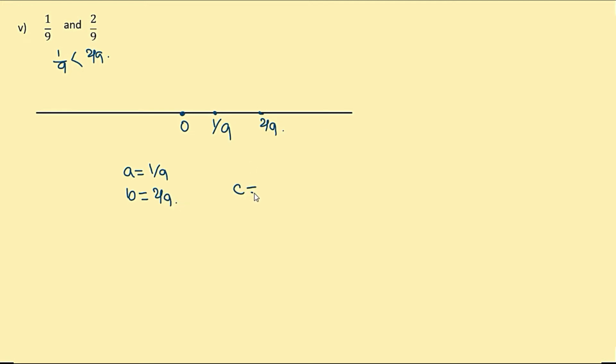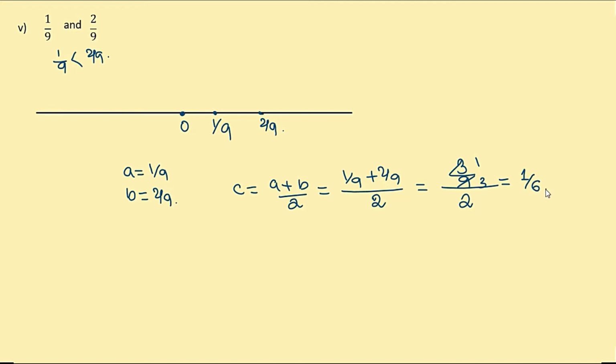So C equals (A plus B) by 2, that is (1 by 9 plus 2 by 9) by 2, that is 3 by 9 by 2. Cancel it. 1 by 3 by 2, that is 1 by 6 is the number that is lying between 1 by 9